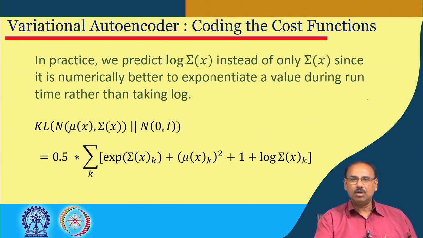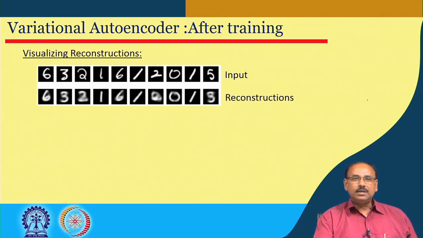You find that this log of sigma x k has come from the product term, which is basically the determinant of the covariance matrix sigma. Right. So, this is log, not sum of x k, but log of the different components of the covariance matrix sigma x k. Right. So, now let us see what are the different kinds of output that we can have